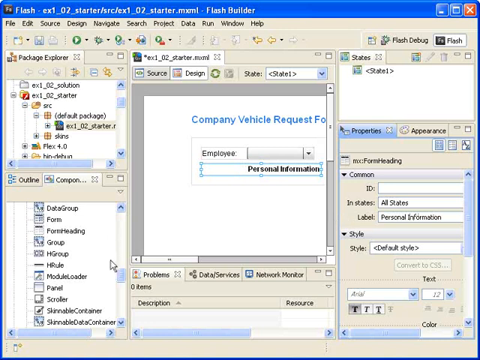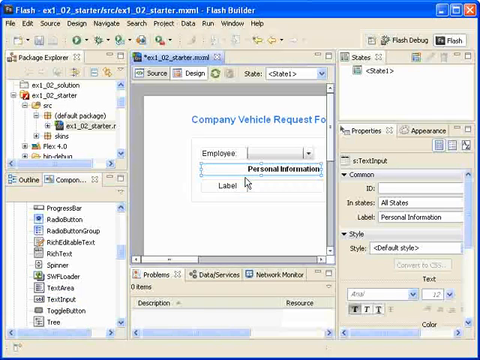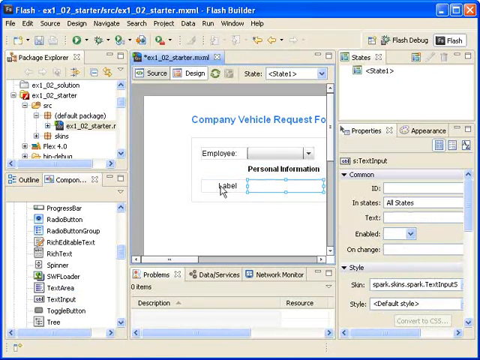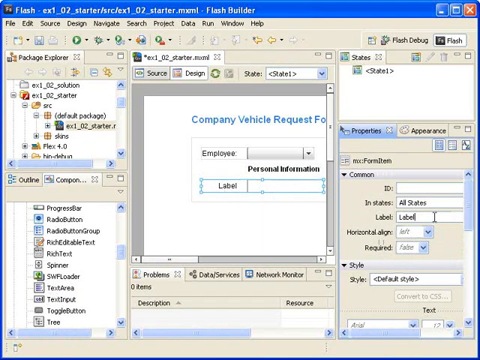Next, I'm dragging a text input control below the form heading control. When I click on the label next to it, I am selecting the form item container and changing its value to office phone :